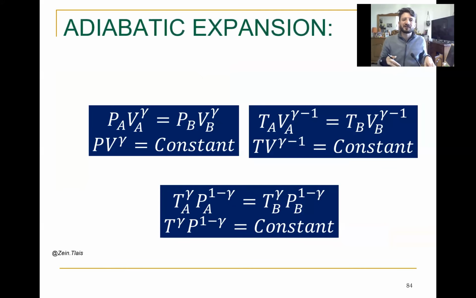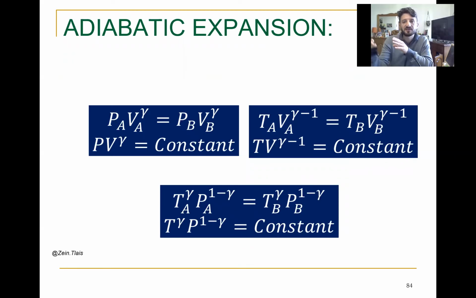But what is the relation between P and V? You know, in the case of isothermal, we have PA VA equals PB VB. And in the case of constant V, we also have a relation between them. But here, I have to find a relation between PA VA, PB VB,